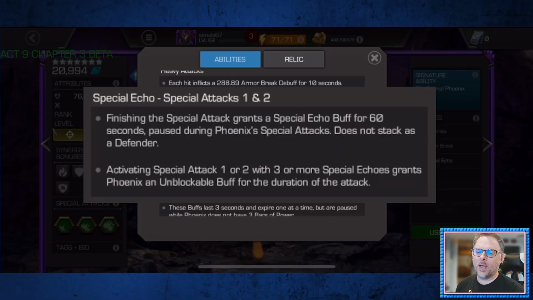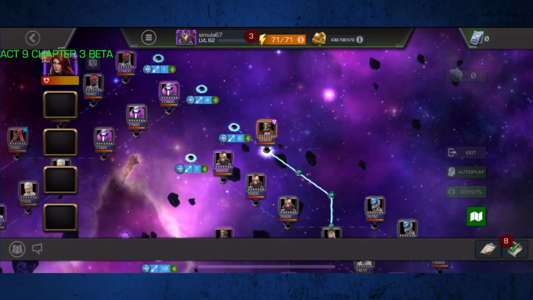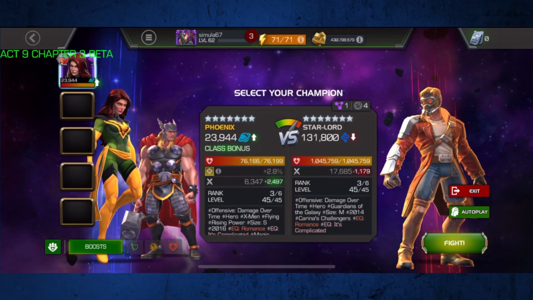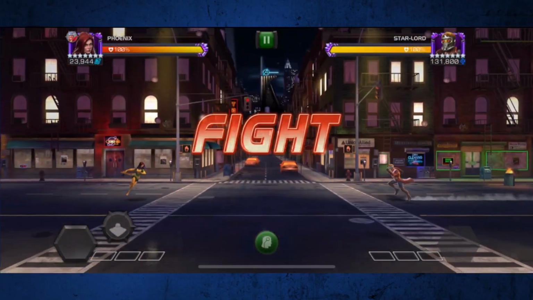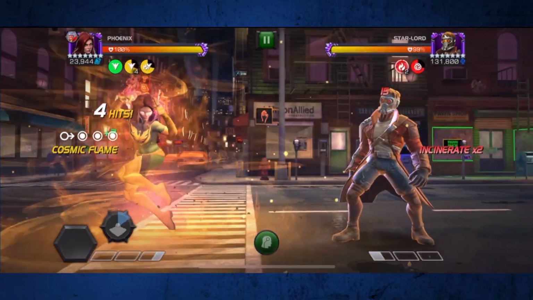So let's go ahead and take a look at a long fight, and you'll kind of see what I mean. Okay, so here we're on the CCP beta server. We have the Star-Lord with over 1 million health that I'll be showing you how to manage the power gain properly with 9 Furies. So the start of the fight, pretty much the same as every other fight I've demonstrated